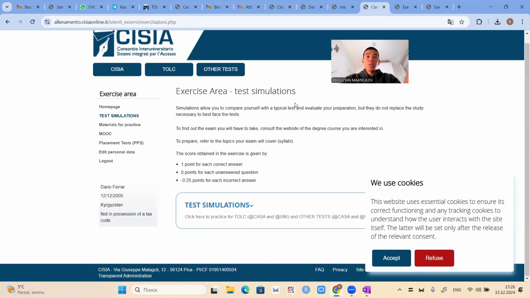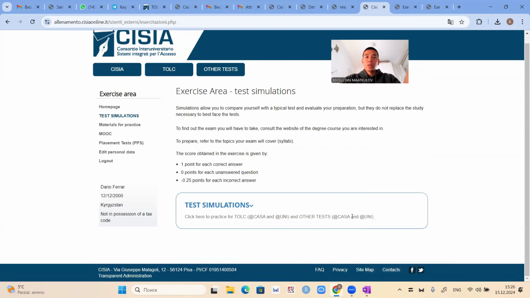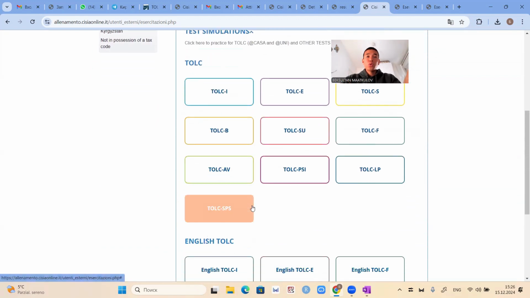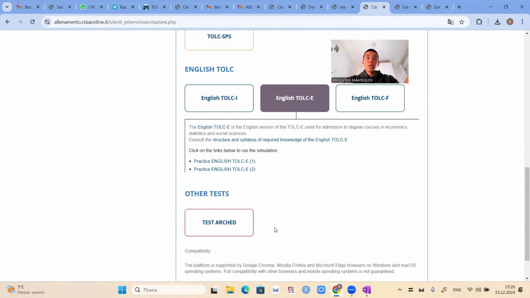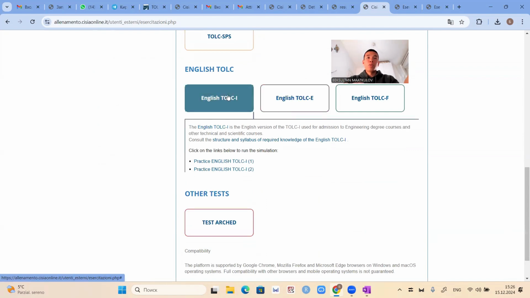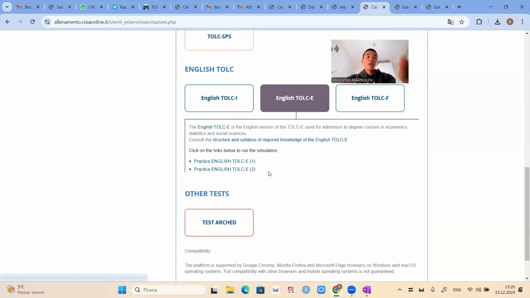In the test simulations, just wait a second, we'll accept. Okay, here you choose your TOLC. In your case, it's English TOLC-I or English TOLC-E. And there are two types of simulation. You have two trials. You can choose either the first or the second. And for now, I cannot choose because if I choose, basically they will